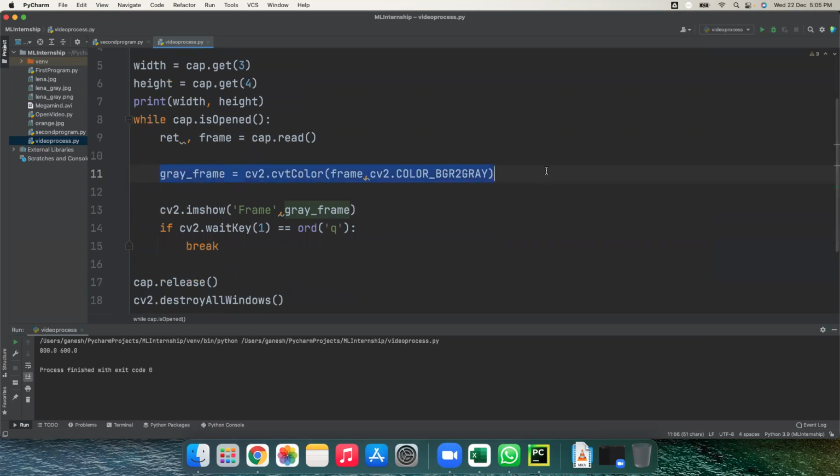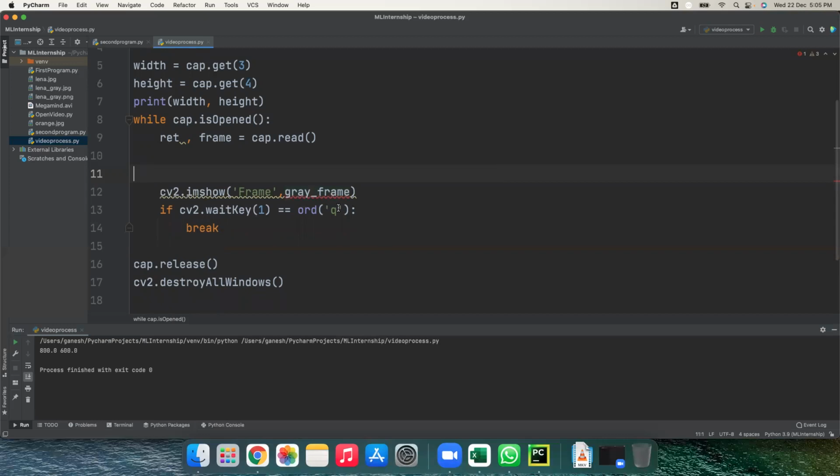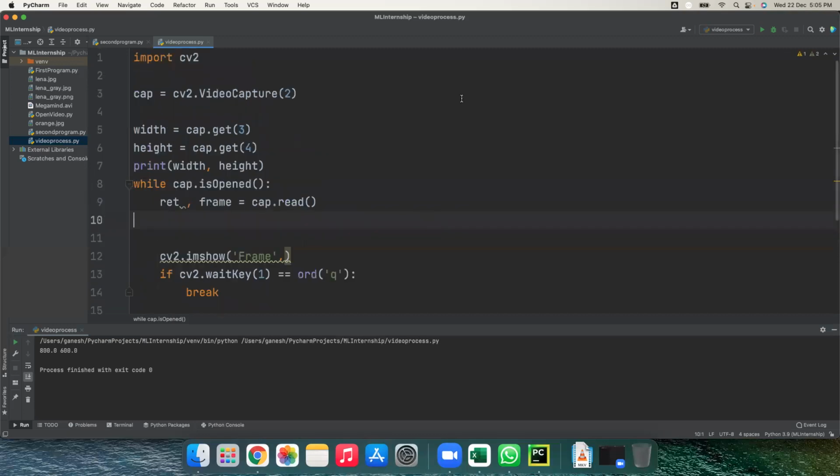But now, have you got it? This gray image? I think you got this. Now next, I want to make one program in which I want to overlay different videos. So how to overlay the different videos? Overlay means in one frame, you are displaying different videos. The different videos are playing at the same time. So how is it possible? Yes, it is possible. We will make it possible.